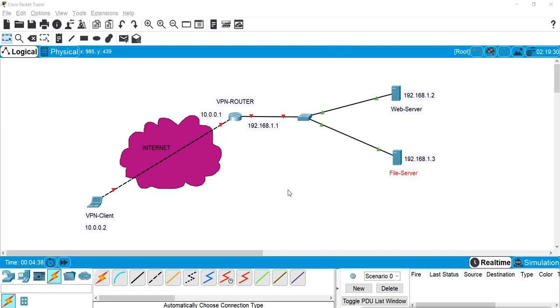We have this corporate network here where we have web server and file servers available, and we have a client which is trying to connect to these resources available in our corporate network from the internet. So we are assuming it is connected from the internet from this interface of the router, and from this interface of the router we are connected to the corporate network. So we will configure this router as a VPN router, and this client will be configured as a VPN client.